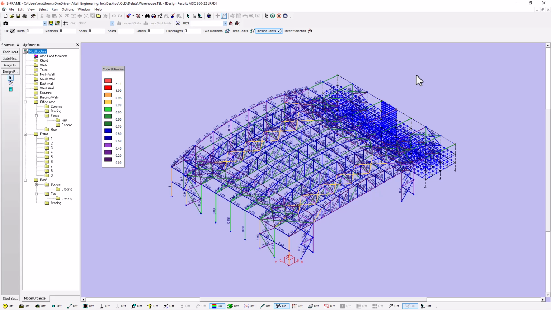So here we can see we're getting perhaps a more efficiently designed structure. Some of our elements, like our top chords, for example, might be using lighter sections when they didn't require such a heavy section or having low utilizations. This is all based off of our design group data as well, which is something we talk about more in